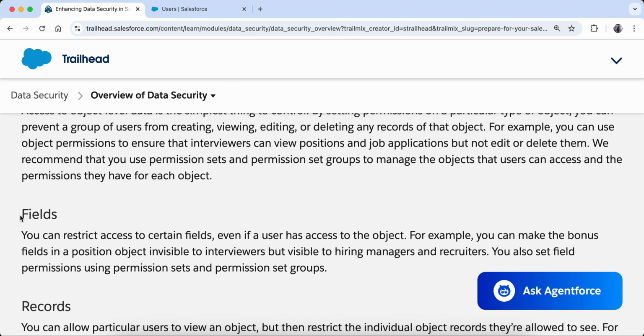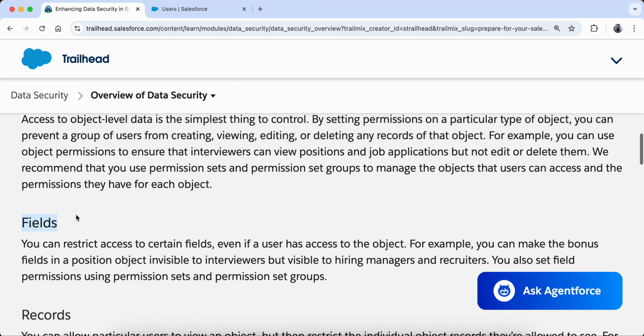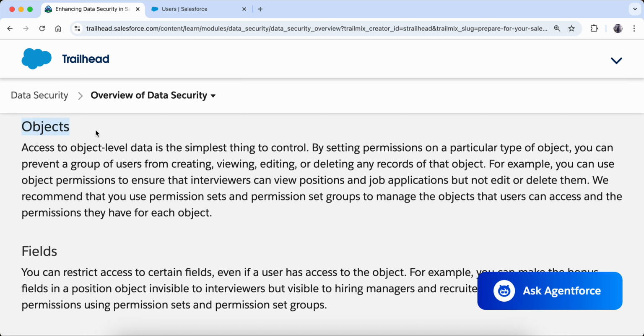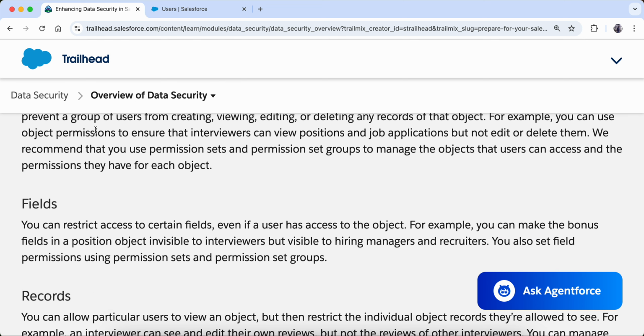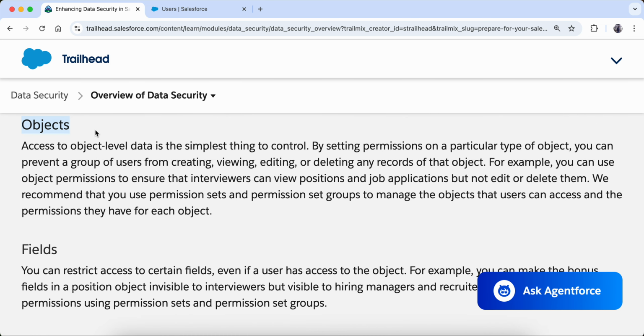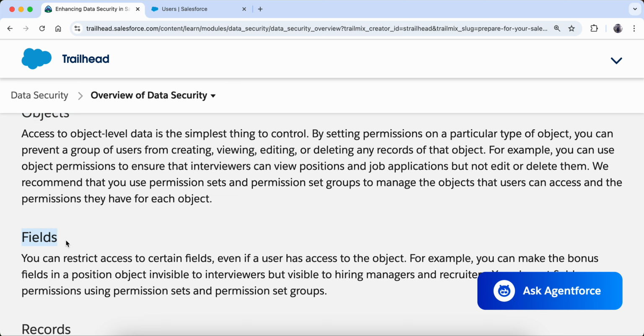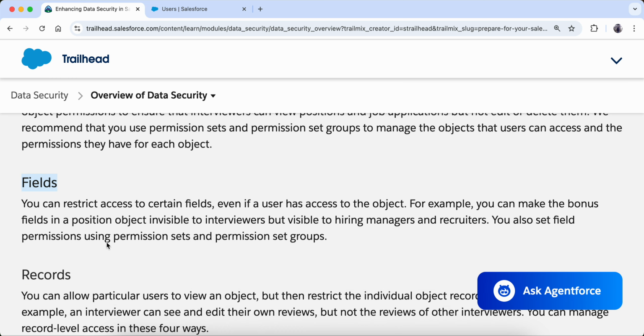Okay, now field level permission. Now again, the field level permission is that, suppose a person has access to the object. Okay, so an object is like a table. So suppose we have a table called account. Now that is the object, right? But there are certain fields which we don't want all the users to view. So it can be anything related to cost, or any sensitive information like SSN or something. So we want to restrict that field for some people.